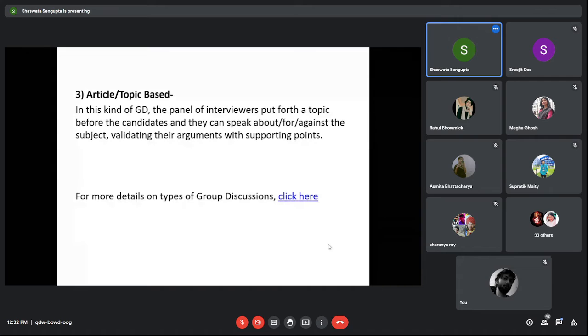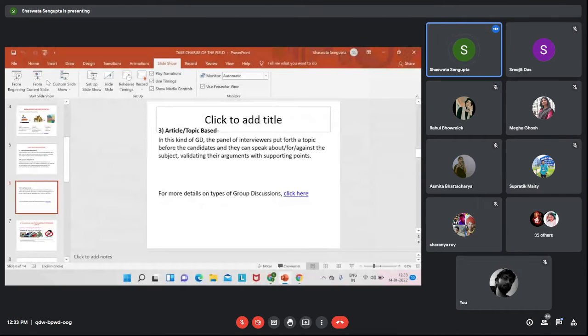Now, here, this I think is the most difficult kind of GD because a particular unfavorable scenario may arise. There are chances that as a candidate, we may not know anything about the topic that is given to us. We might have zero knowledge about one particular topic. It very often happens that we are all well versed in some topics, and in some topics we have absolutely no knowledge. So what will happen if we have got zero knowledge on a particular topic?